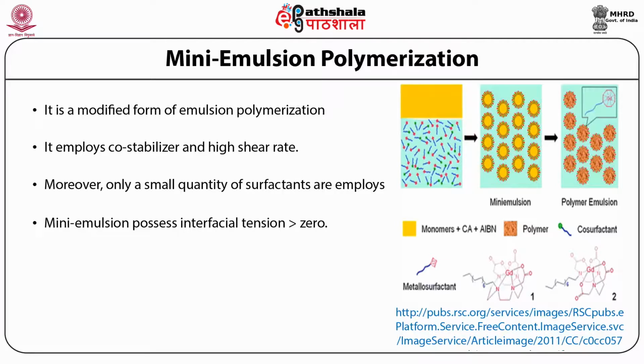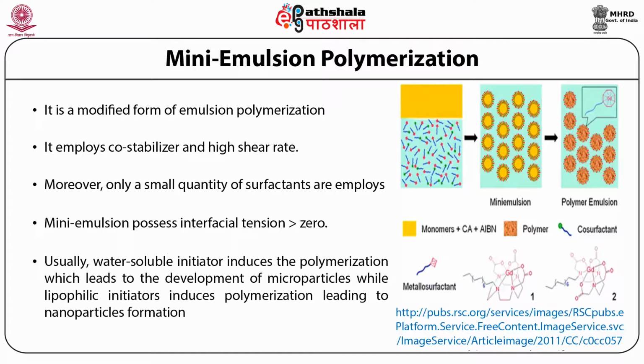In this technique, polymerization is induced by free radicals. Thus, the nature of the free radical has a great effect on the size of nanoparticles. Usually, a water-soluble initiator induces polymerization which leads to development of microparticles, while lipophilic radical initiator induced polymerization leads to